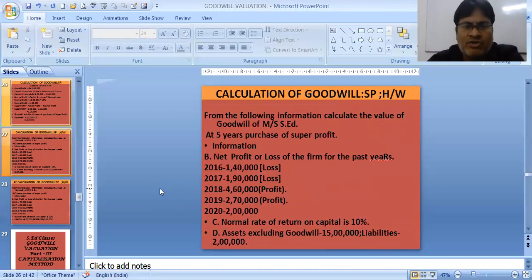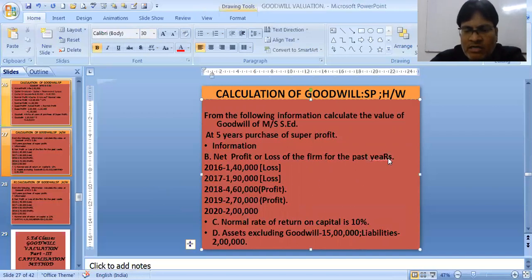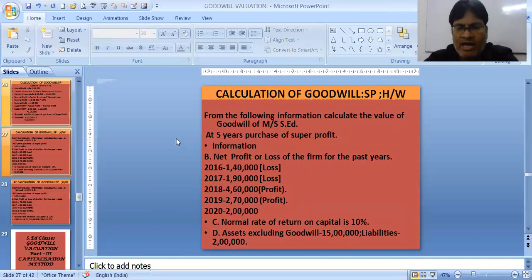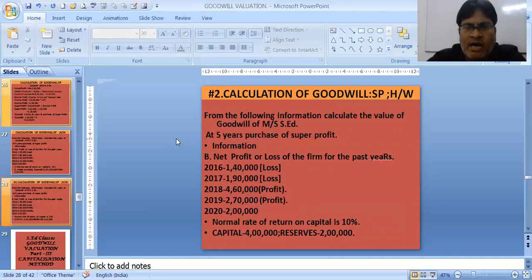Now this is your homework, students. From the following information, this is the homework you will be doing and showing to me. It's a more or less similar sum. Hope you have understood and hope you will be sending me the solutions. Last day one student sent me a solution, it was quite a good sum. He has done well, well done. Now one more homework is there. 2 sums homework. Both of them you will do.